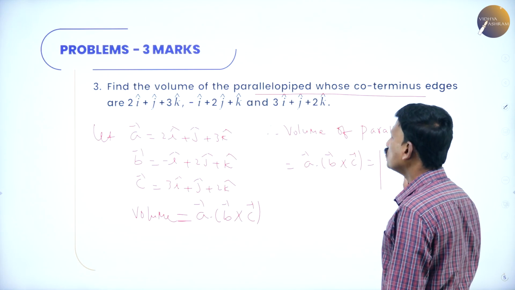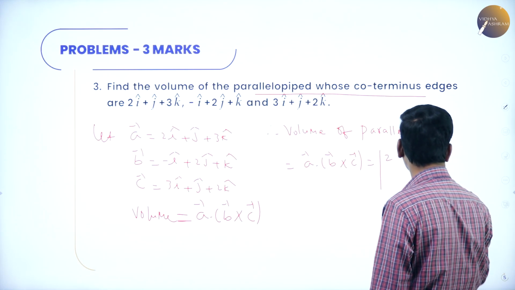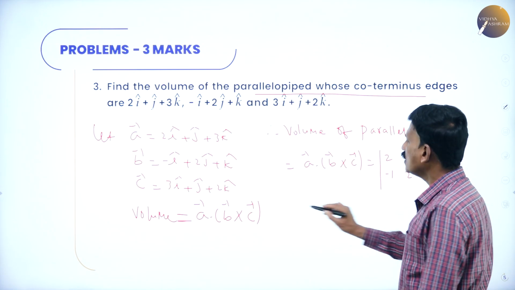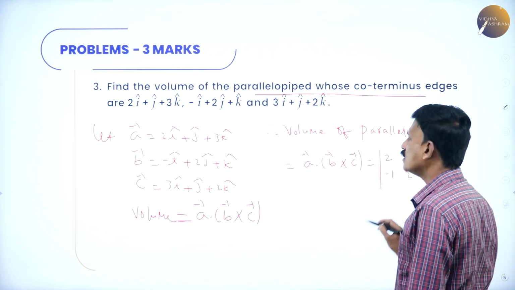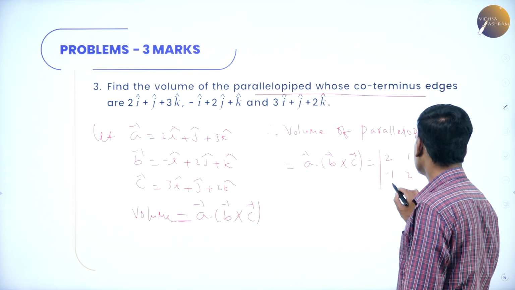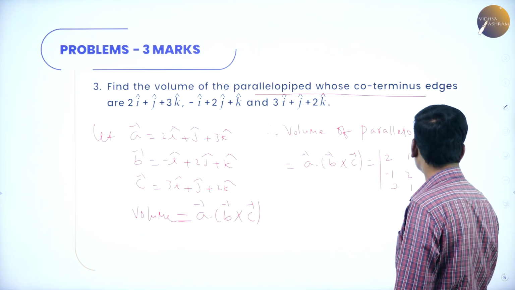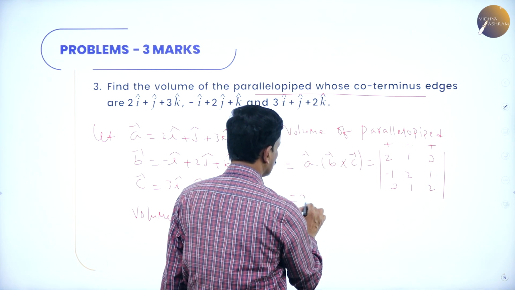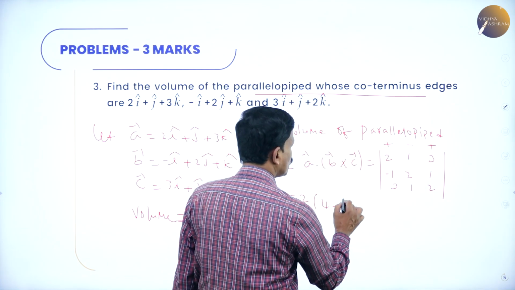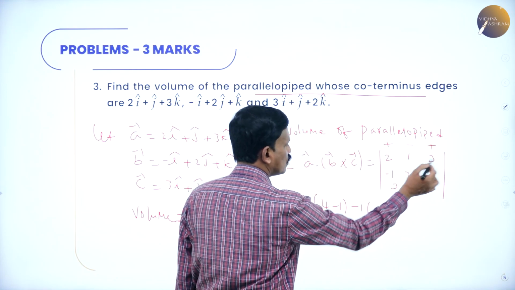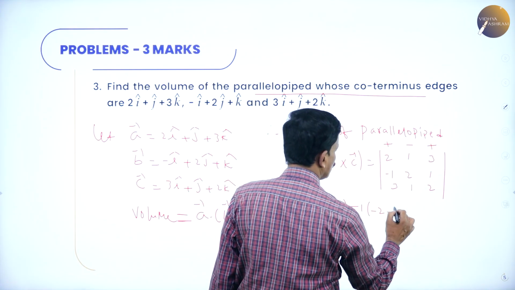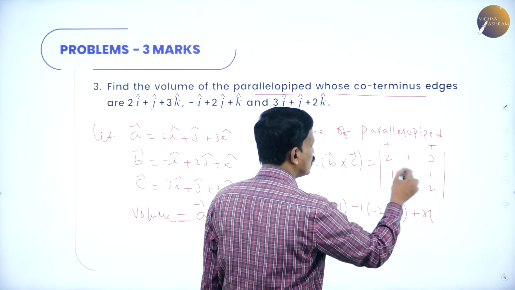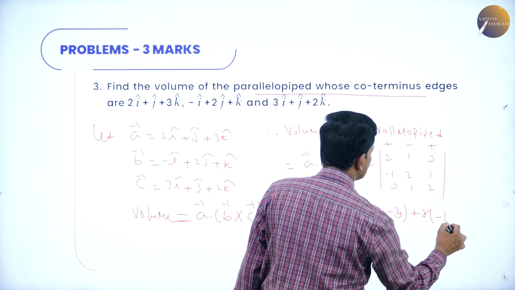That is the determinant with rows 2, 1, 3, then again minus 1, 2, 1, and the coefficients of i, j, k of vector C are 3, 1 and 2. Expand, with signs plus, minus, plus. So this is equal to 2 into (2 twos are 4 minus 1 into this row and column deleted, 1 two is 2 minus 3 ones are 3) plus 3 into (this is gone, 1 one is 1 minus